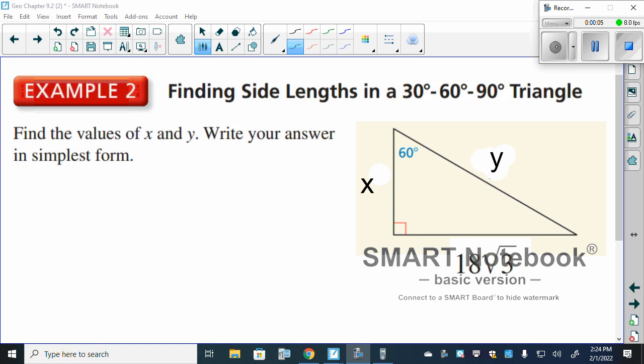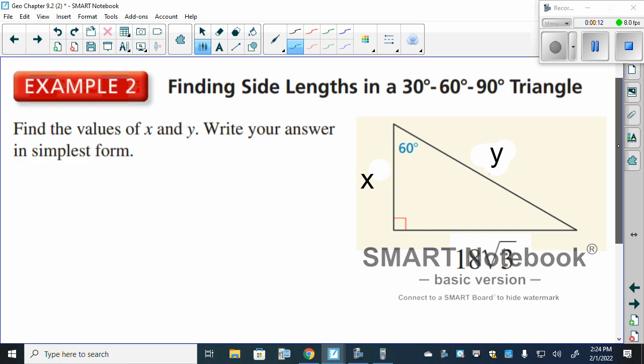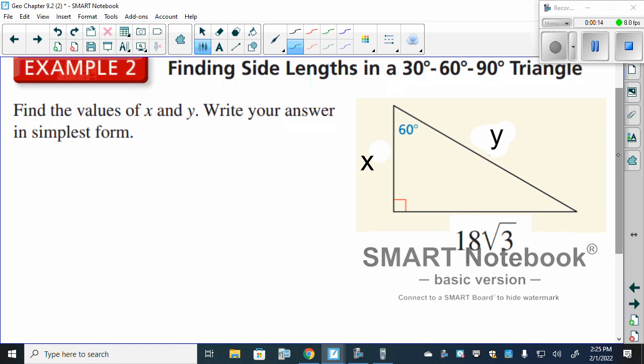All right, guys, let's focus up here. We're finishing up the note sheets from yesterday. So 9.22. Now,